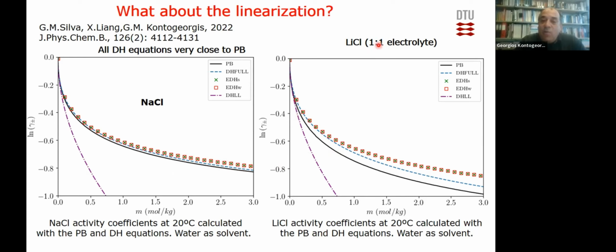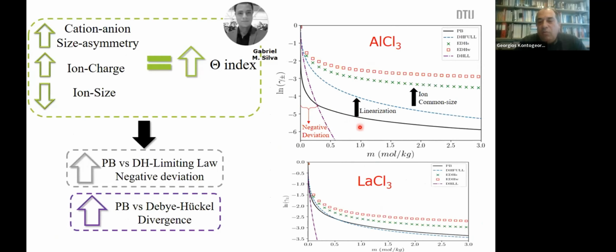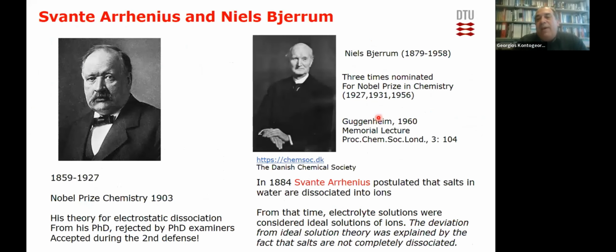You can see for 1,1 electrolytes, there is some difference in the linearization, but not enormous. As we go to more highly charged electrolytes, the linearization has a difference, especially at higher concentrations. That means that the complete Debye-Hückel equation may not be the perfect solution for charged electrolytes, and especially at high concentration. Something is missing. Maybe the ion-ion association, maybe the ion pairing that Niels Bjerrum has speculated so many years